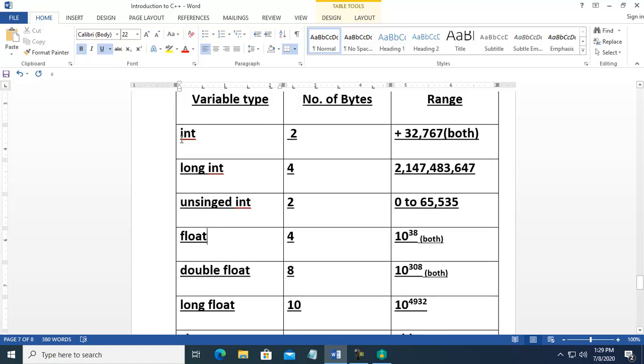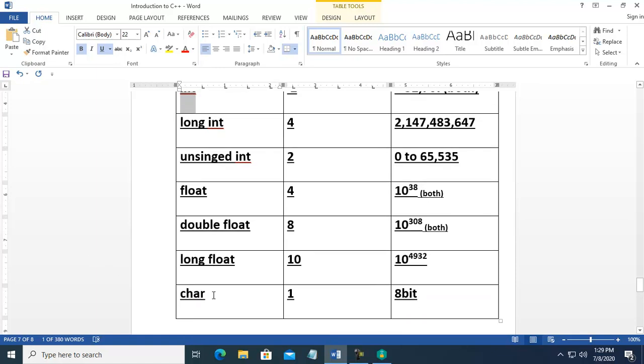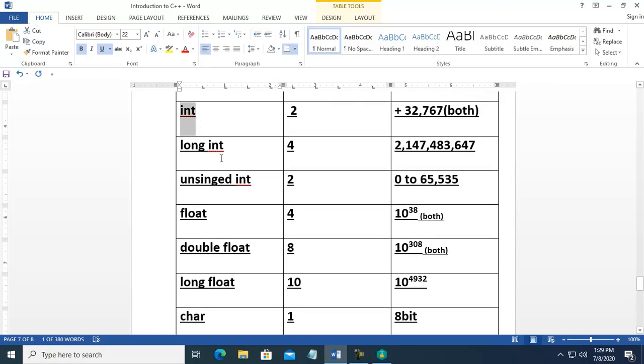Till now we have been using only int. In this program we will use all data types. These, 1, 2, 3, are types of integer. Float and double float: these are the same, only the range is the difference. These are the floats. And char means you want to read letters A, B, C one by one. So basically three data types are there, and we will use these three, which are the categories in float and categories in integers. Okay, now let's move to the